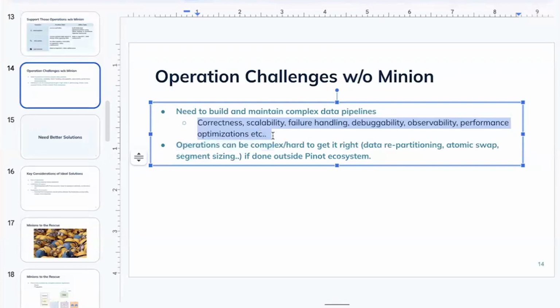Versus if you just pick the open source, we have at least a couple of built-in tasks like segment push and generation task. I think there's real-time to offline and merge and roll up, some of those tasks. So those we can use on the Pinot cluster itself, and they take care of handling all these kinds of things, instead of you having to manage your own Spark job.